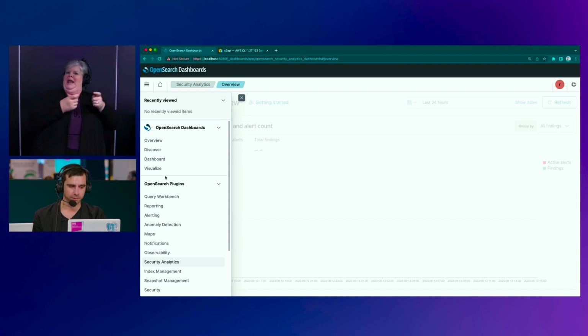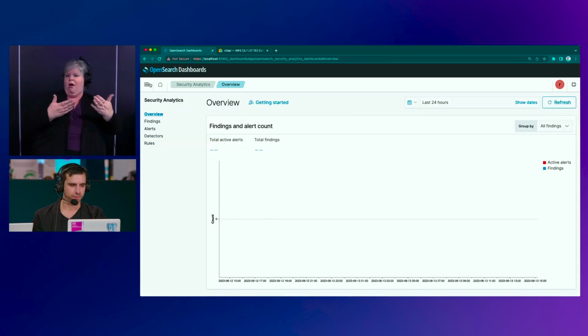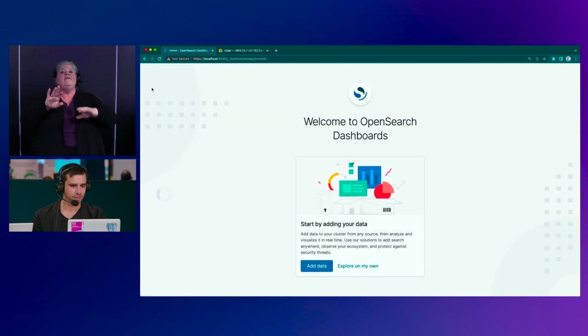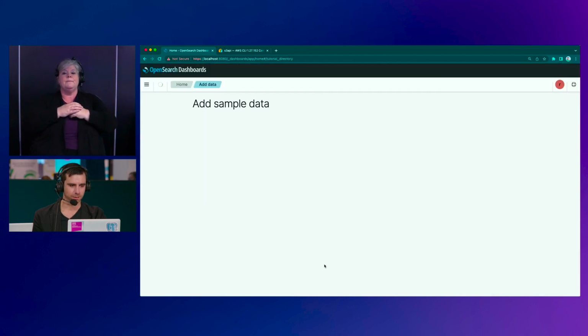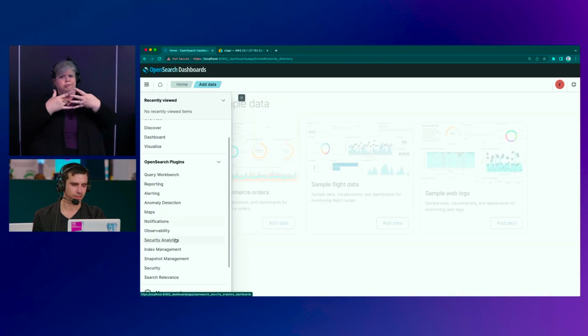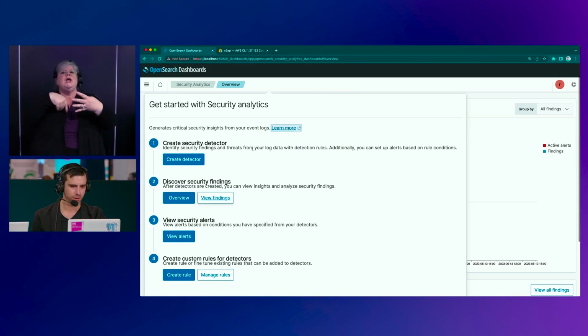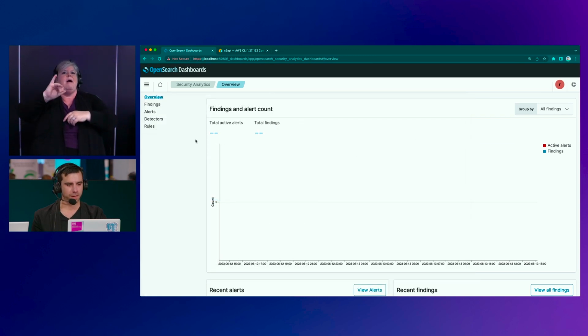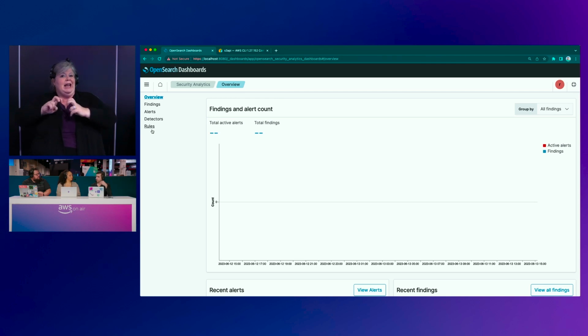So you can go in, and if you go to the very top level, I will drill down. You're able to select the security analytics plugin here. With the security analytics plugin, you'll have your logs that are already being fed into the OpenSearch instance.